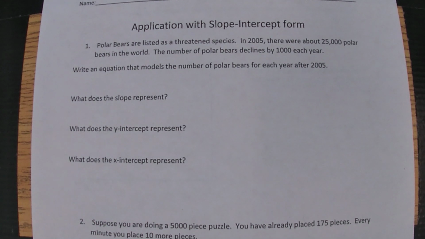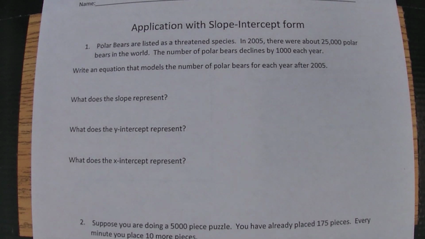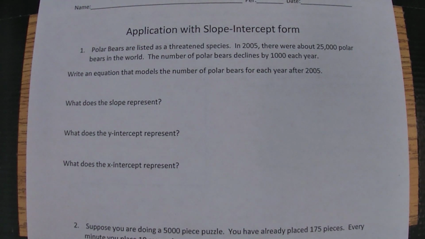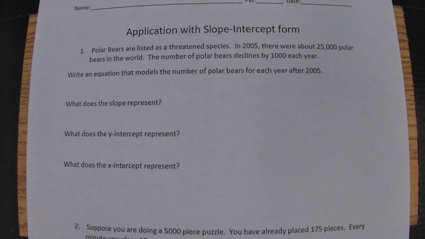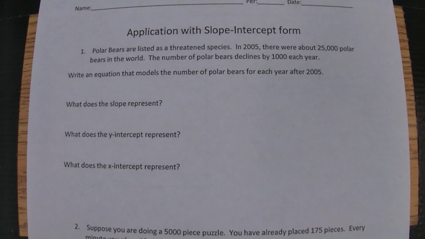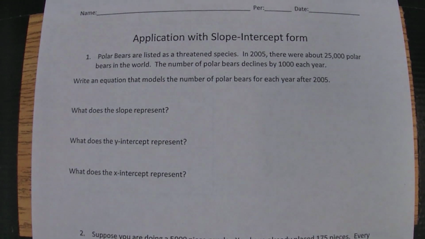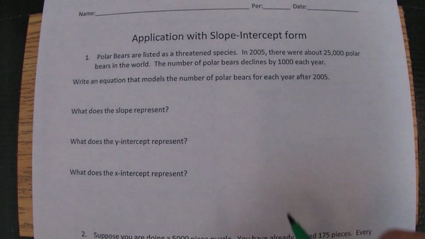So if we look at number 1, polar bears are listed as a threatened species. In 2005, there were about 25,000 polar bears in the world. The number of polar bears declines by 1,000 each year. So we want to write an equation that models the number of polar bears for each year after 2005. Okay, so we're going into this like y equals mx plus b format, but let's just start off with the idea, right? We have